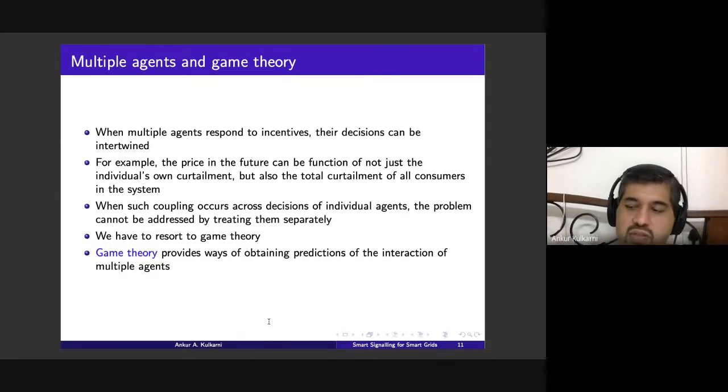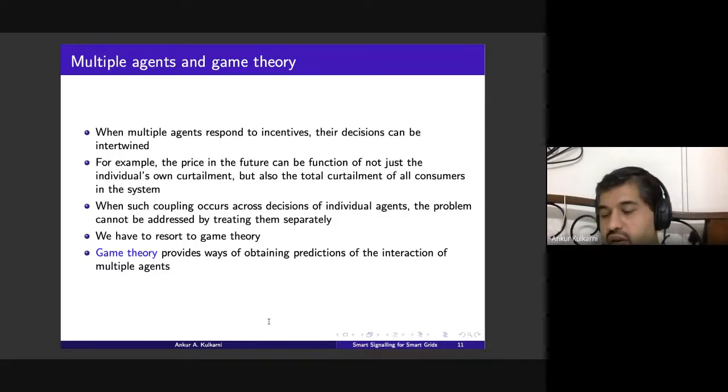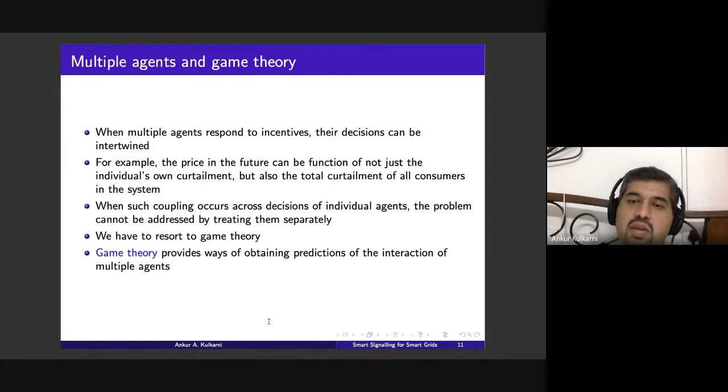Now, what happens when there are multiple agents? That's the question that I will now take up. What happens when there are multiple agents in the system? If they are all decoupled in some way, so that their responses can be independently computed, that's all well and good. Then you can simply use the previous sort of model. The trouble becomes when the responses are actually